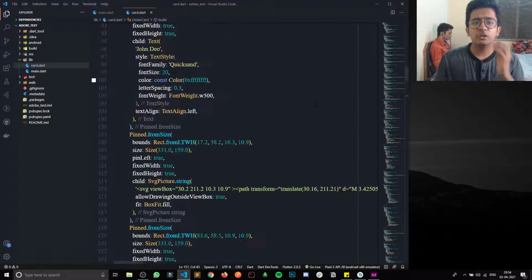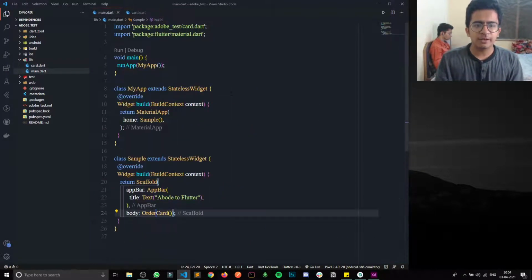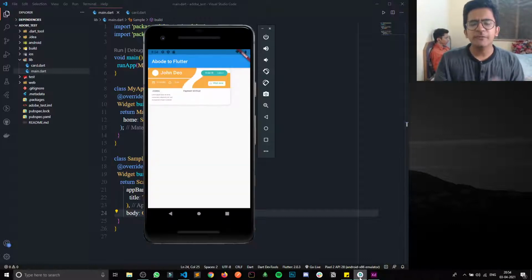You can also make it reusable. In that case you have to call it here and pass all the properties inside, and then it will be reusable. If you know Flutter basics, you will know what I mean.